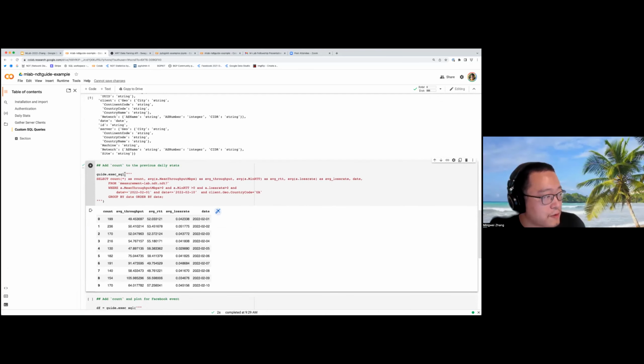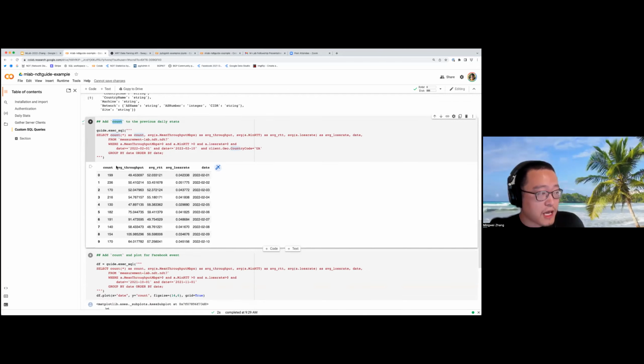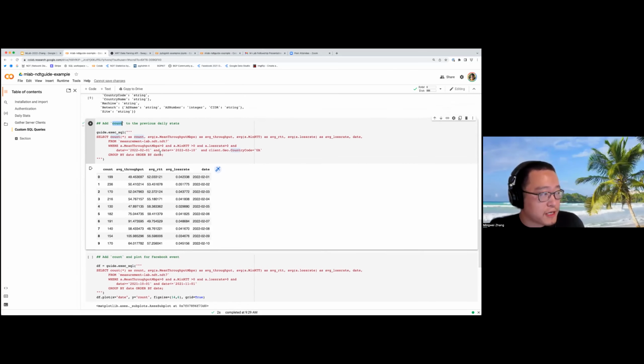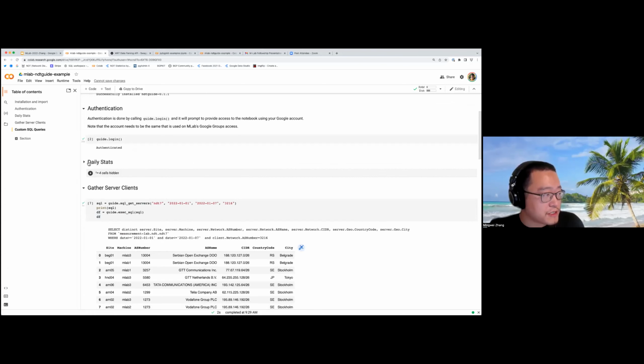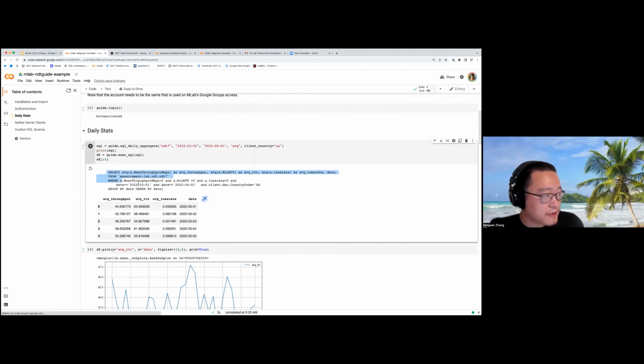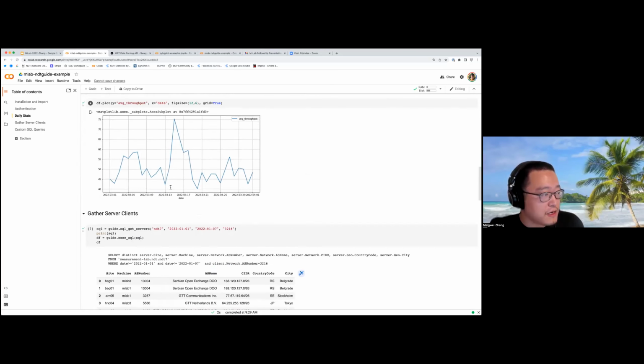And this is an example where it's the same example, getting all the average data, but in this one I'm extending that by adding a count column so that I can know, for each day, how many actual results are being generated. So what you can do is basically copy what's generated here and print that,